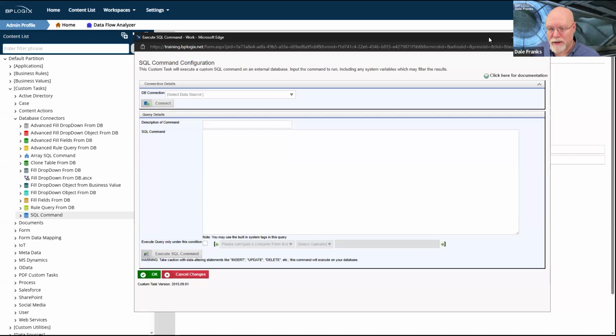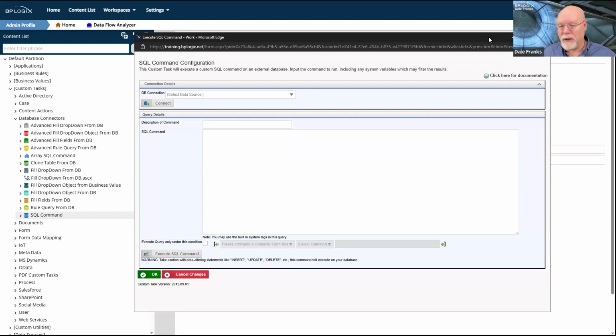So there is that. But I only want to use that for select statements, statements where I'm returning data from an external database. If I am going to use an insert, an update, or a delete command, the only way, well, that's the problem, it's not the only way you can do it, but the only way that you should do it is via the SQL command custom task. Because you do have to individually configure the SQL command that does the update or insert or delete command, and thus you know exactly when it's going to run. You know where it is being run from, what object is running it.